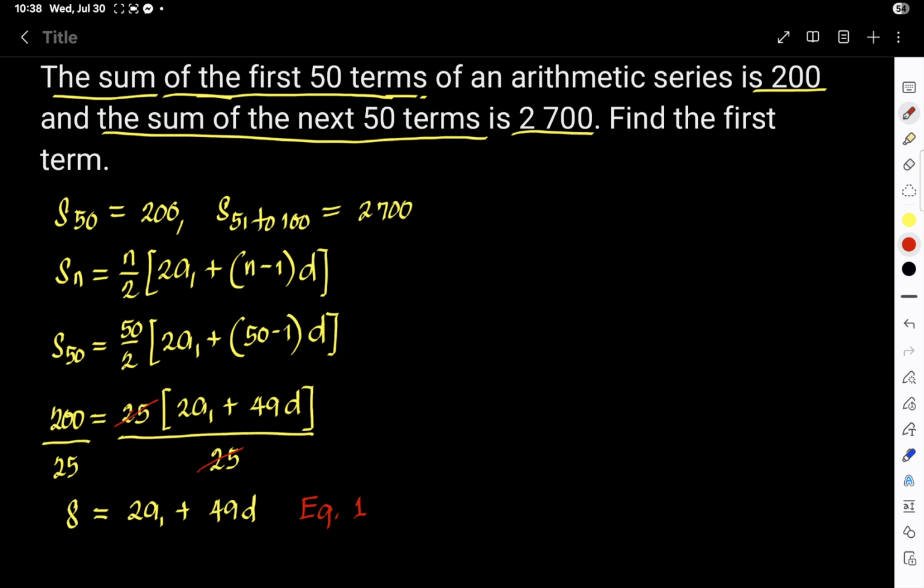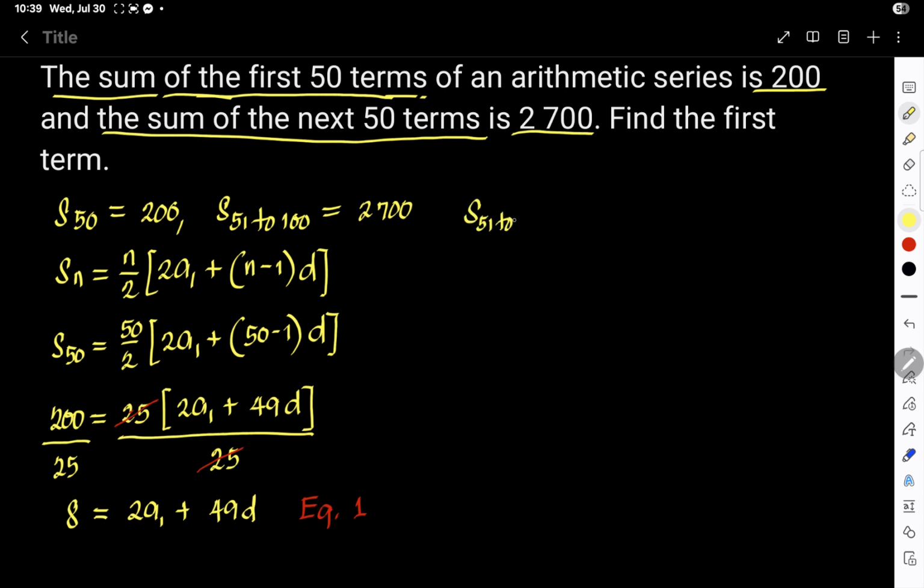All we know is that the sum of the terms from 51 to 100 is 2700. So to form an equation using this information, first we need to get the sum of the terms from 1 to 100. Then, subtracting the sum of the first 50 terms, denoted by S sub 50 equals 200, equals the sum of the next 50 terms from 51 to 100. And that is denoted by S sub 51 to 100 is equal to 2700. Thus, our mathematical statement would be